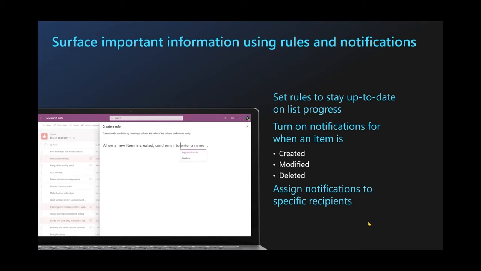Speaking of rules, you can create rules and say, when a new item is added to the list, send an email to so-and-so so that that person can be notified that there has been updated information.